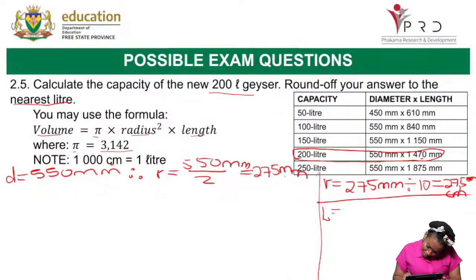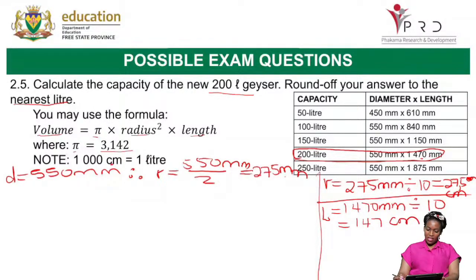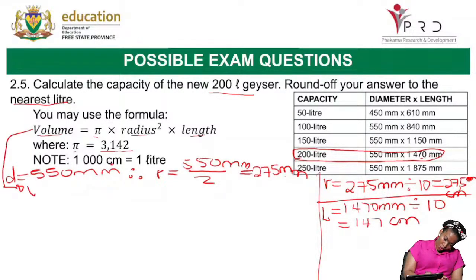Let us do the length. Our length is 1,470 millimeters. Divided by 10, because we are also converting it, it is 147 centimeters. Now everything is in centimeters. We are happy. Now let us substitute into the formula. V equals, what is the value of pi? We've got